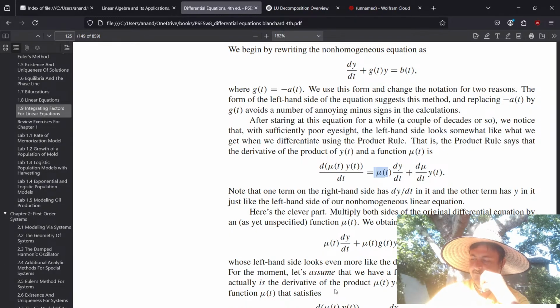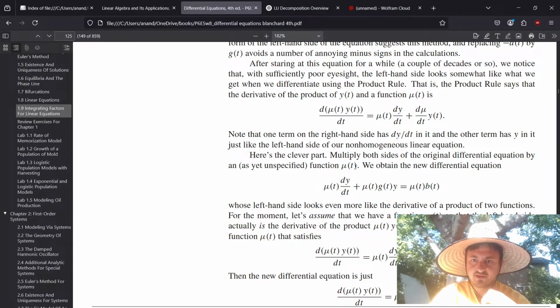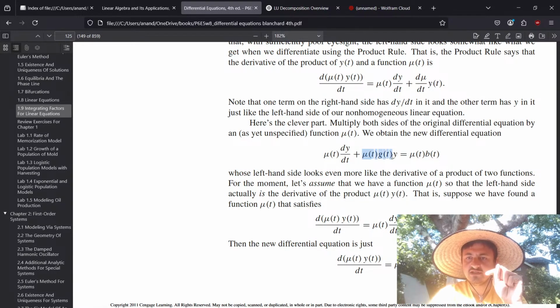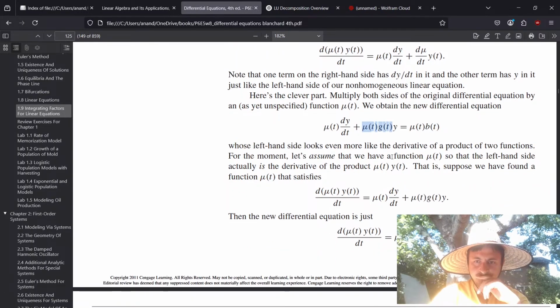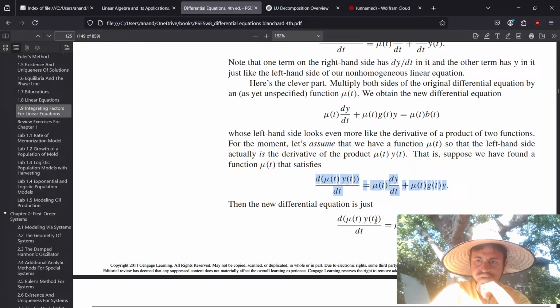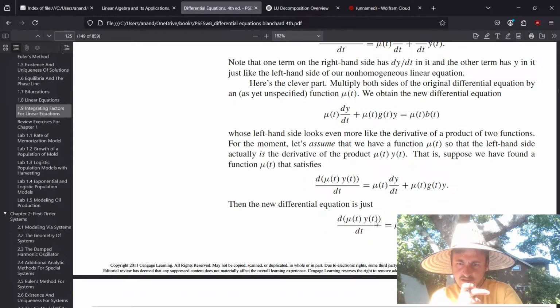And then the cool part about this is that if we can find that this u of t, g of t is actually du dt, then the new differential equation is just,